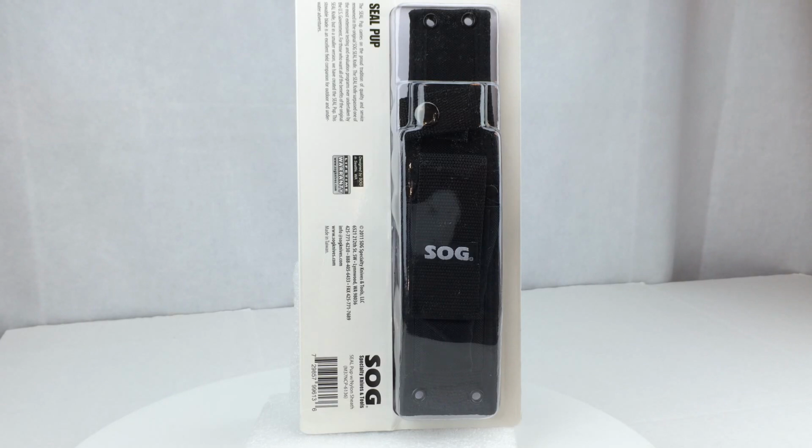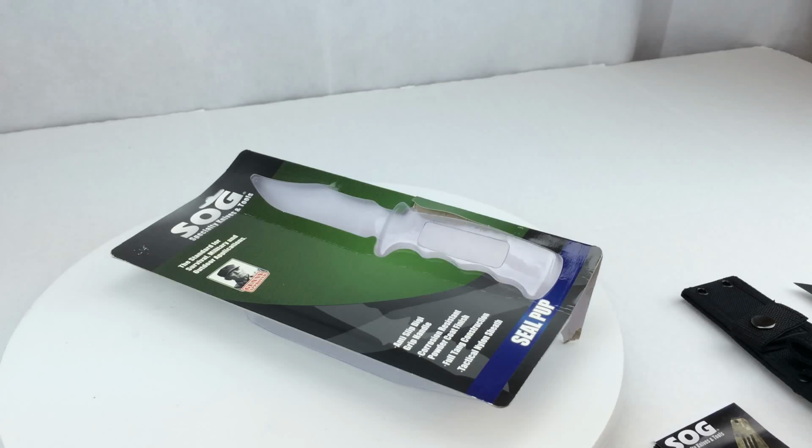So now that we've taken a look at the packaging, I'm going to go ahead and open this up, and we'll actually take a look at the knife and the sheath and go from there. Alright, before moving on with the knife, I just wanted to mention I run into issues with this type of packaging. It can be very difficult to get something out, and